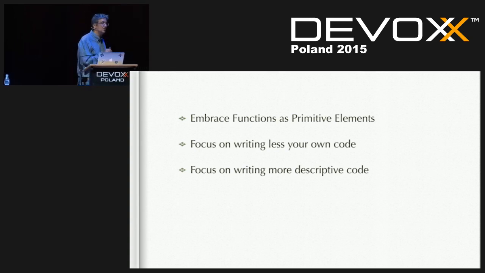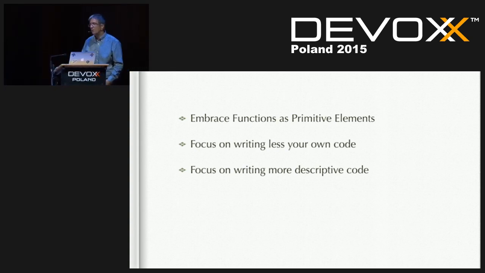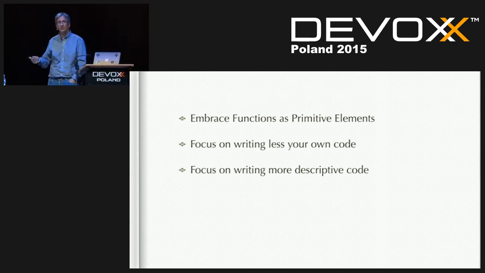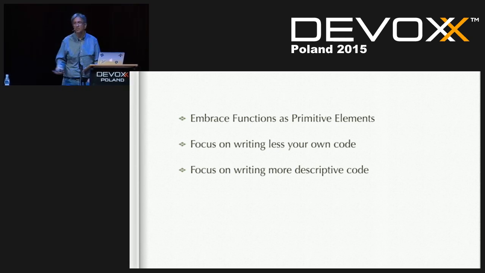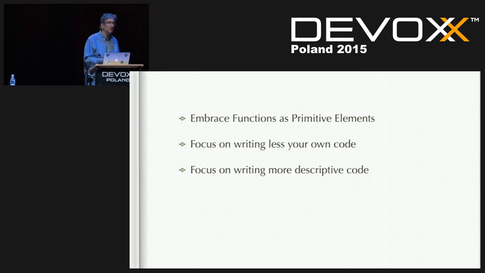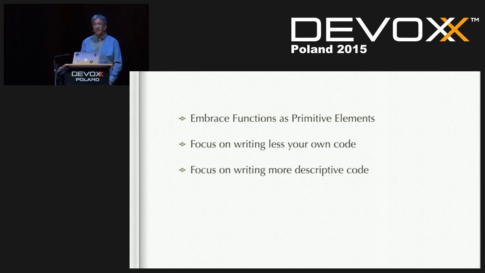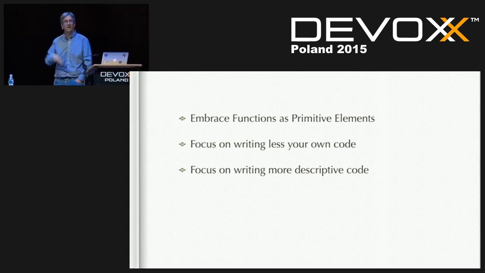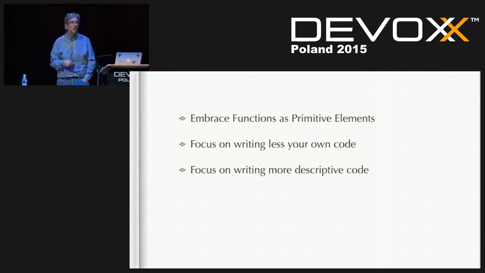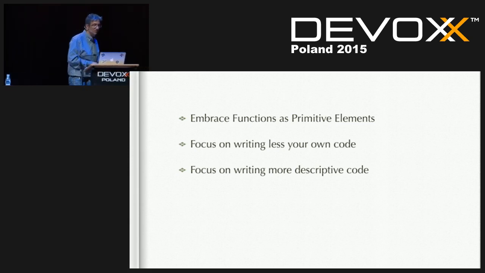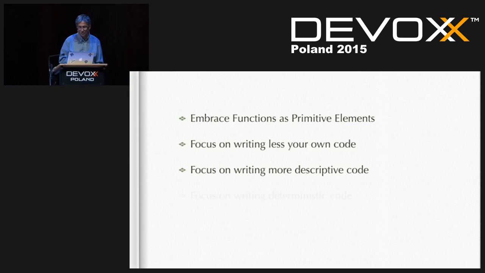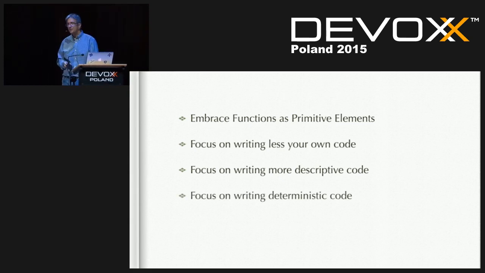If we start to abuse functional programming, we can end up with 50 calls chained one after another and then lose sight of what we set out to do initially. We now have, again, unreadable code. Right? What was the point? If it was to be more expressive and more correct and easier to reason about, let's not go down the path of doing it wrong. And already, if you look out on GitHub, you can look out anywhere, you can see that there's a lot of code out there that just doesn't make sense anymore, because of somewhat abusing this concept of chaining function calls. Focus on writing deterministic code.